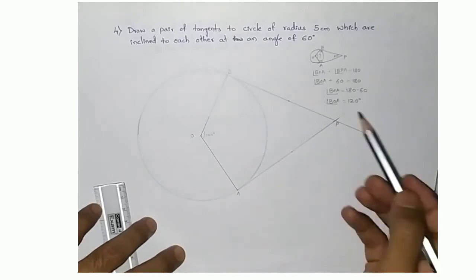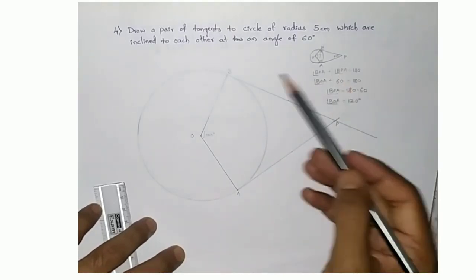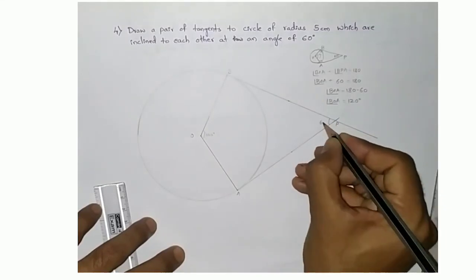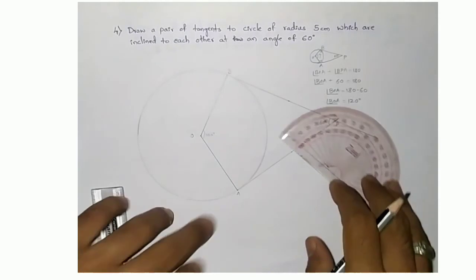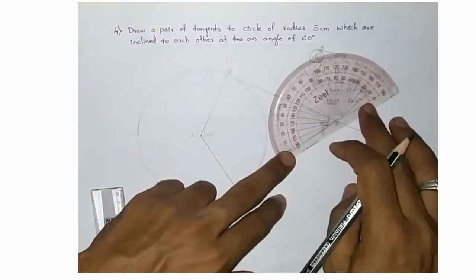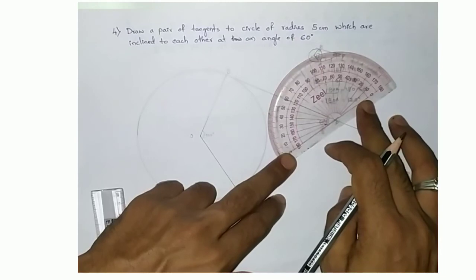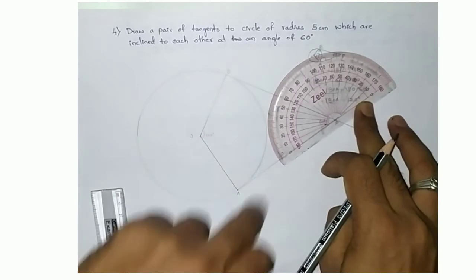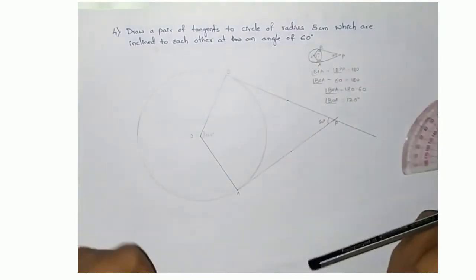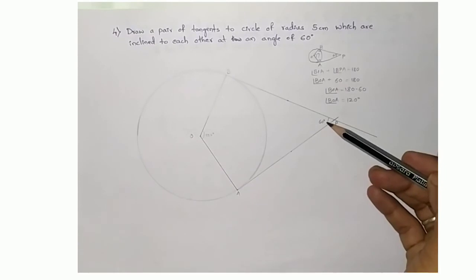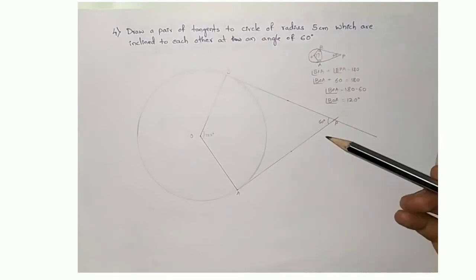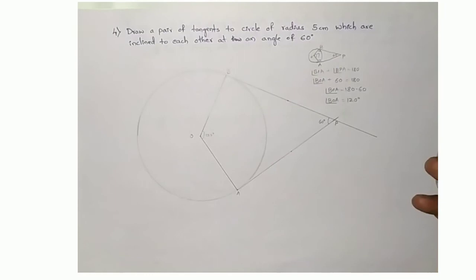So now we got the angle, that is BPA, which is inclined by the tangent, that is 60 degree. So if you want, you can just cross check this with the protractor. See here, exactly 60 degree we are getting. Okay, so like this you have to draw the tangents which are inclined by a given angle. It may be 60 or else you can get any other angles. Okay, so by these steps you draw the tangents.